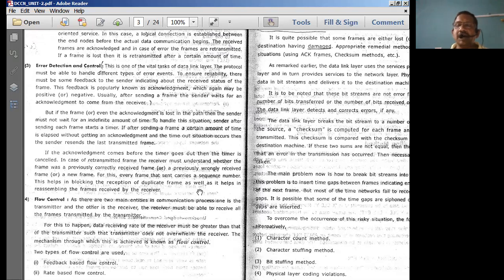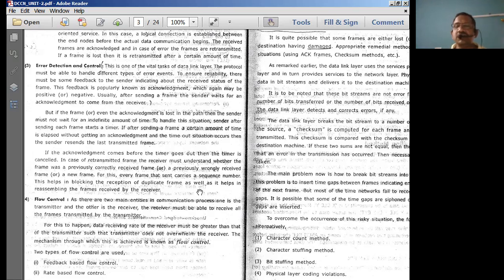We should always see that the receiving computer's speed should not be less than the speed of the transmitter computer system. That means in order to provide proper synchronization, the speed of the receiver should compulsorily be more than the speed of the transmitter system. Then and only then is the reception going to be effective and efficient. So we have to establish all these things in the flow control method.